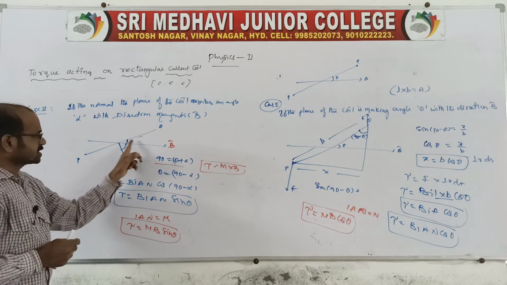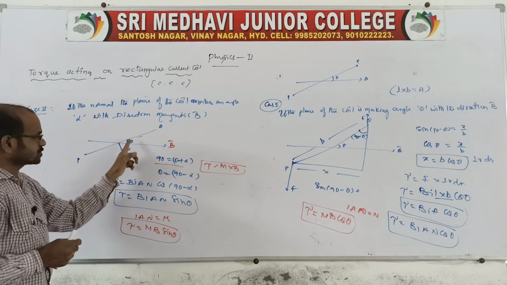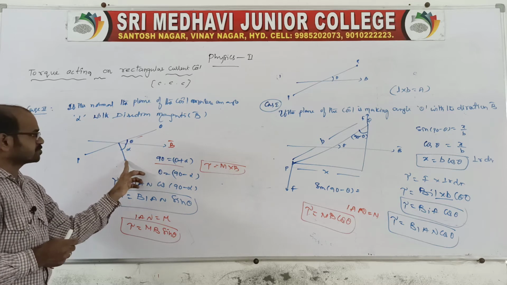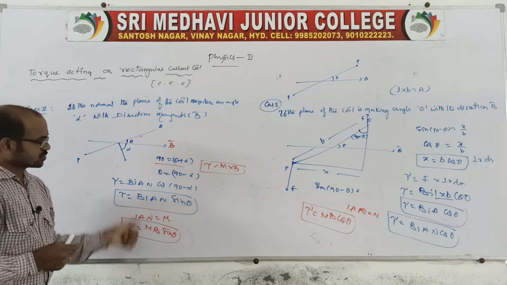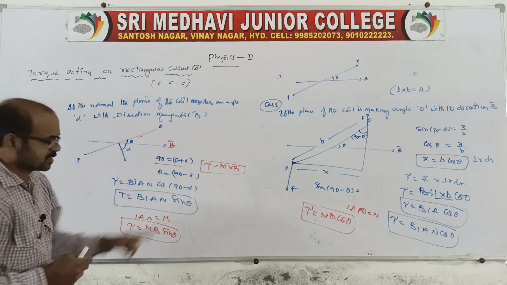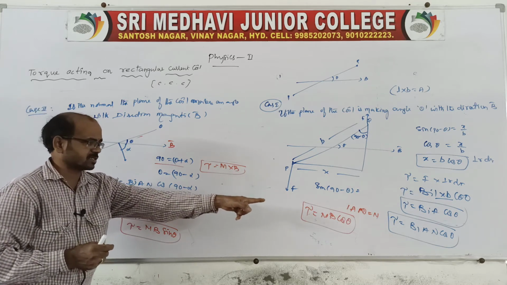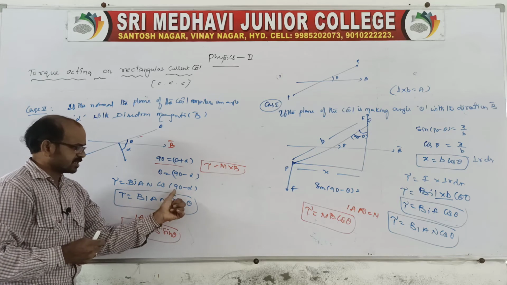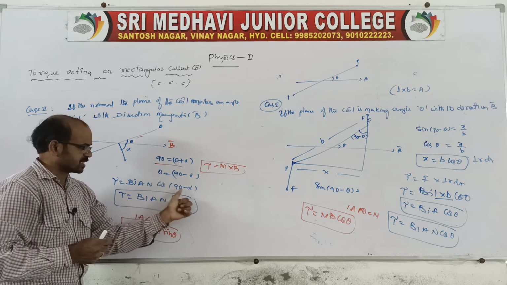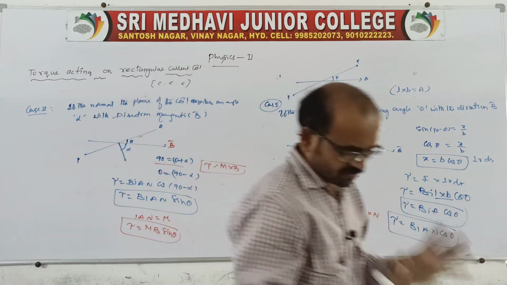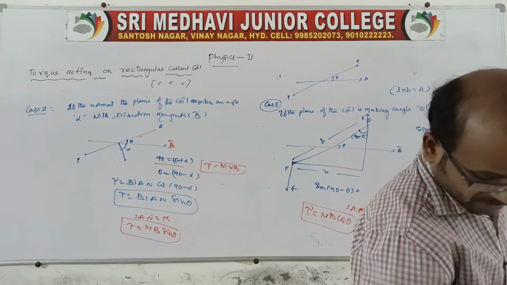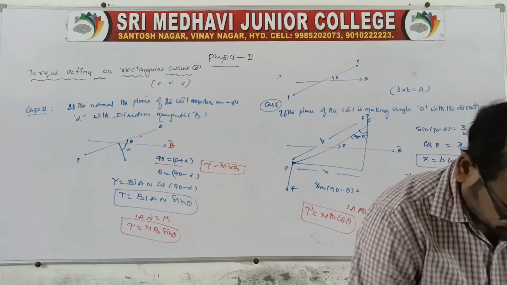That's what it is, we can say theta plus alpha is equal to 90 because these two are perpendicular. This line is perpendicular, therefore theta is equal to 90 minus alpha. So you substitute theta in the cos place: instead of cos theta, you write theta as 90 minus alpha, therefore cos(90 minus alpha) is nothing but sin alpha. These two comparisons are very important and everyone remember them, right?